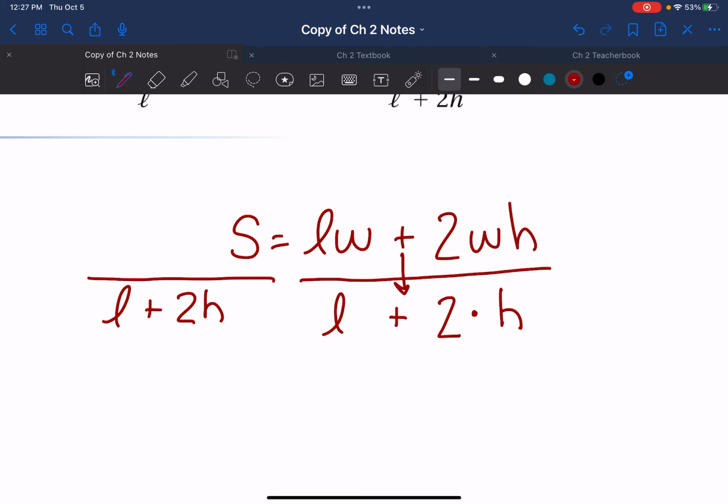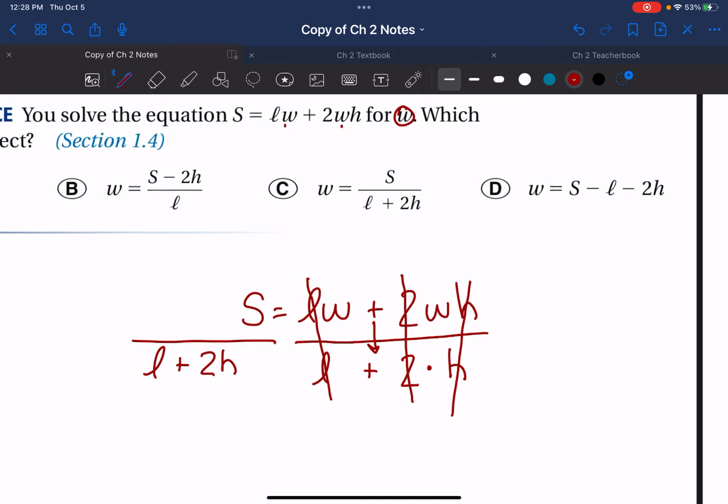L over L on this side of the equation, L over L makes one whole. That's why it cancels out. 2 over 2 makes one whole. That's why it cancels out. H over H makes one whole. That's why it cancels out, okay? Now,